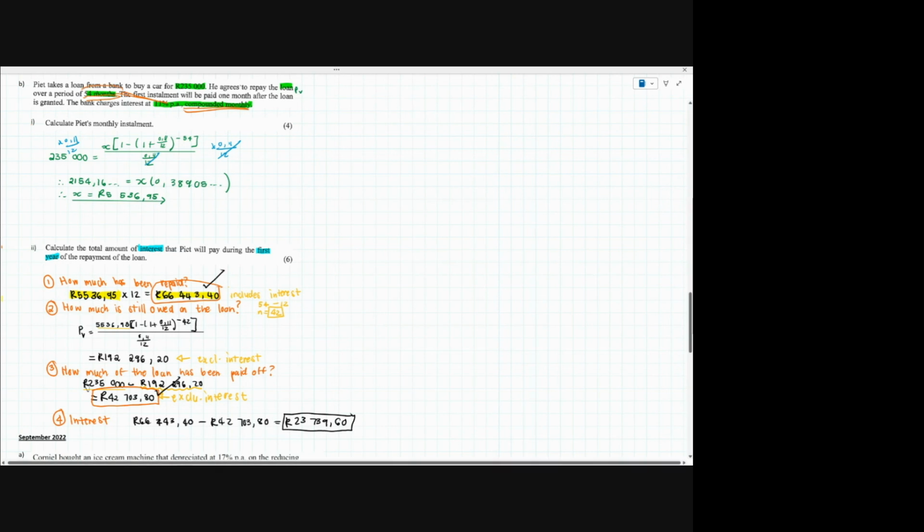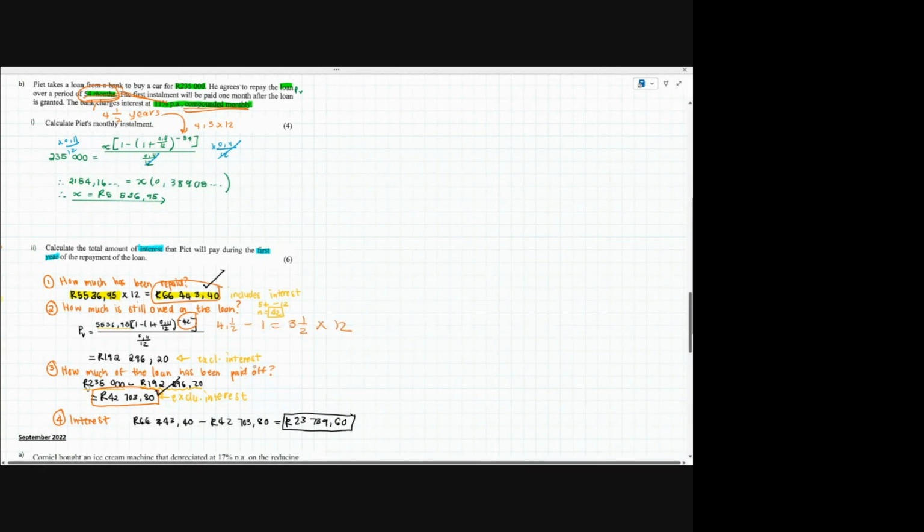So let's say they didn't say 54 months, they said 4.5 years. Then what you would need to do is say, for example, in this calculation, 4.5 times 12 to get 54. And in this calculation, we would have had to say 4.5 years minus 1 year gives me 3.5 years, and then